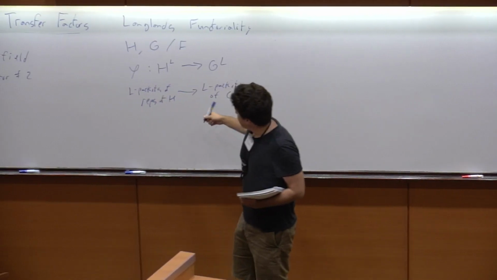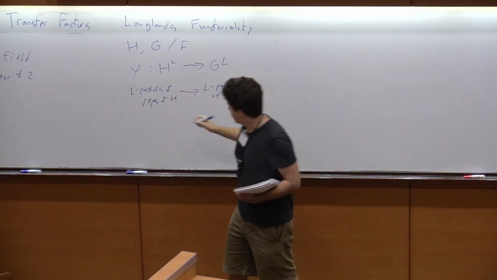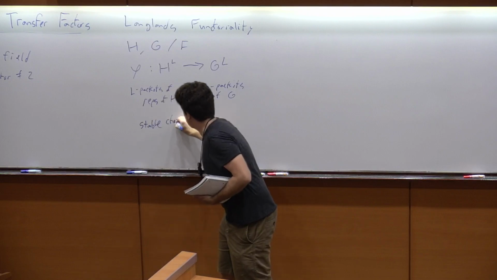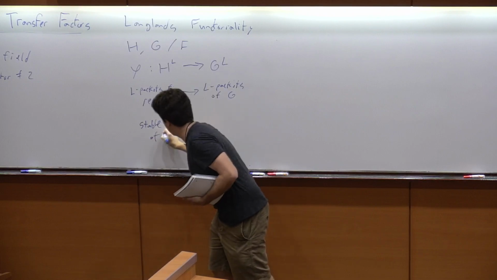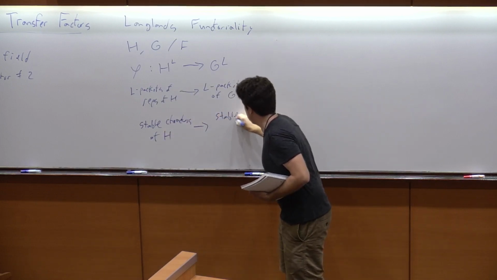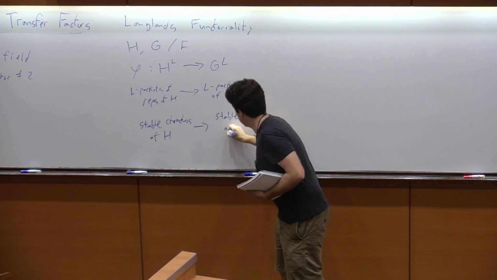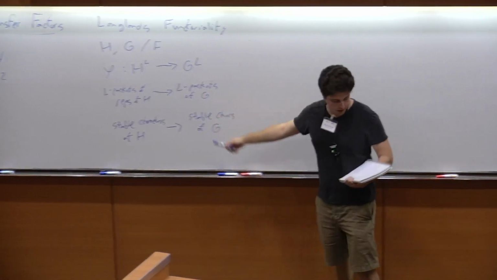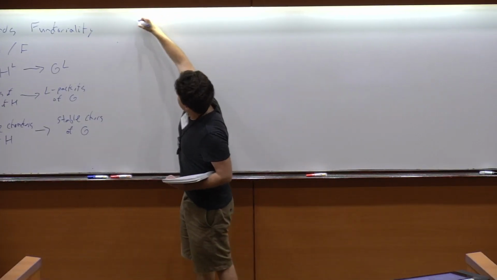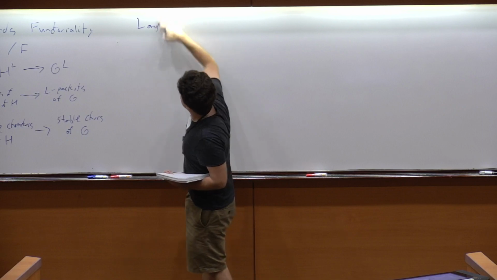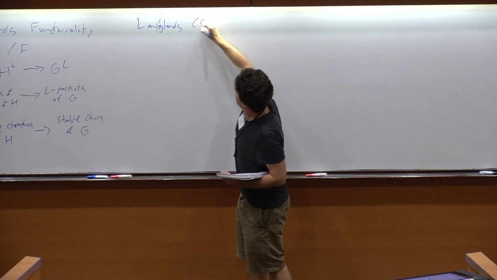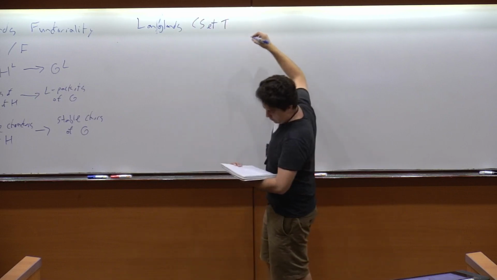So equivalently to this, you can think to this homomorphism, we can assign a map between these stable characters of H to the stable characters of G. So basically equivalent ideas, but an idea that's explicated in Langlands' paper Singularité et transfert from 2013